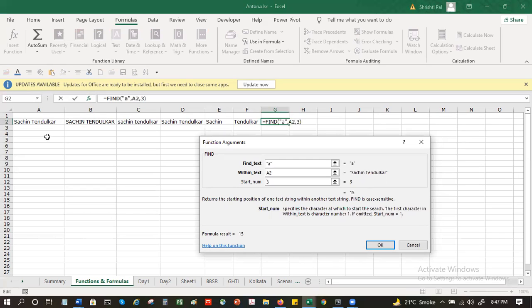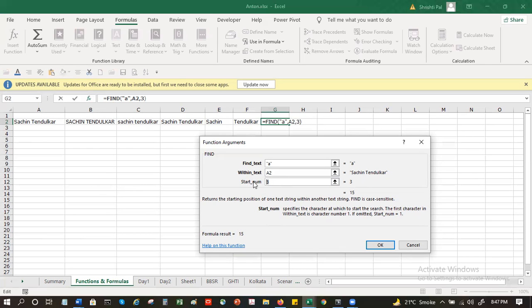Then it will start from the third character. The character reflects the column, right? Character meaning which one? The starting number, the one that you have your cursor on. Yeah, this is the starting number.